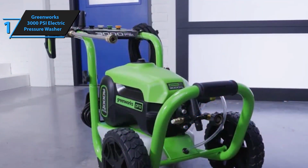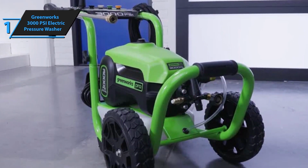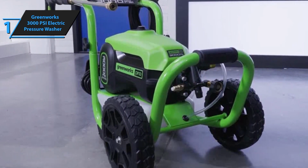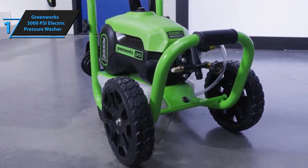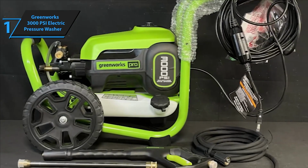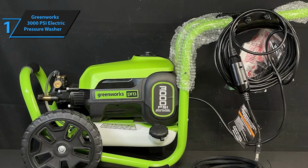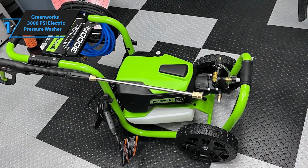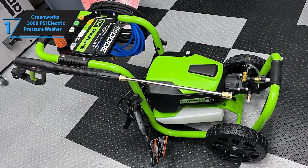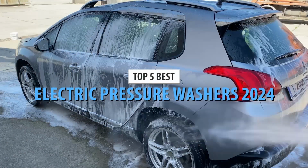With 3,300 cleaning units, this pressure washer offers superior cleaning efficiency, removing even the toughest dirt and debris. Handles water temperatures up to 104 degrees Fahrenheit, 40 degrees Celsius, for added cleaning power. The Greenworks 3000 PSI True Brushless Electric Pressure Washer combines power, durability, and convenience, offering superior performance for both homeowners and professionals. Backed by innovative technology and a rugged design, this pressure washer is ready to handle any cleaning challenge